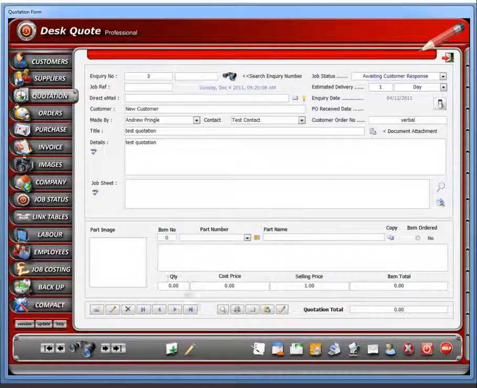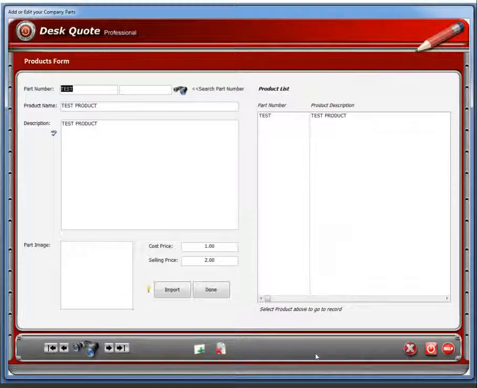Now this part of the form holds all your products. Currently you have no products entered into the database. So if we click on this little icon here, this will open your products form. You can start entering all your products into this form. If we enter a test product,